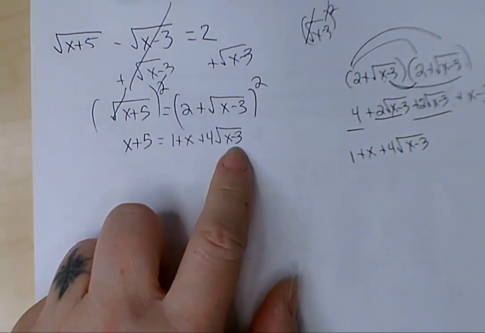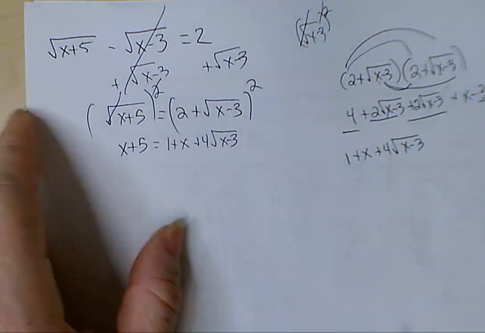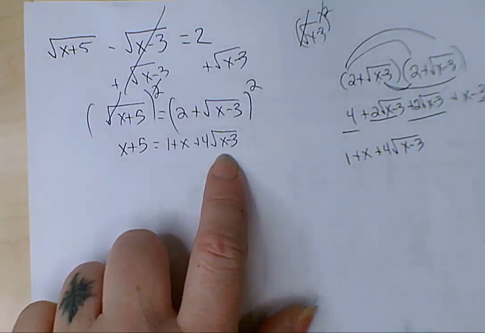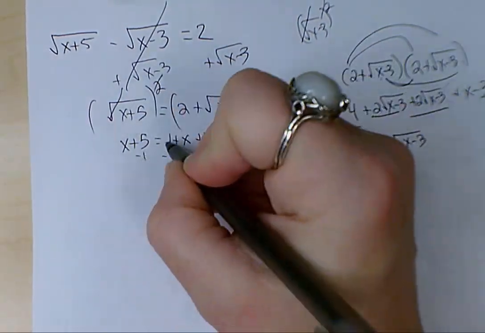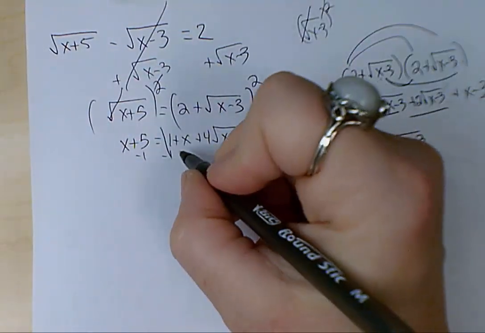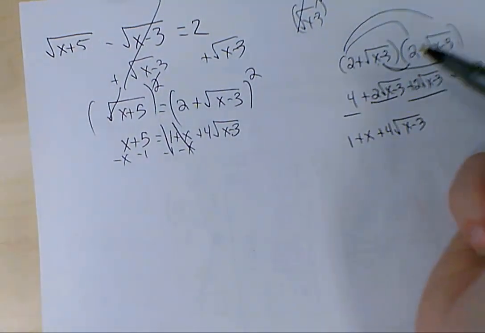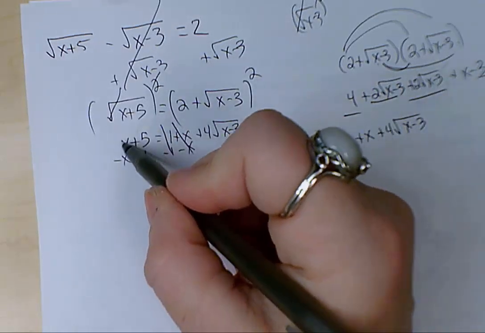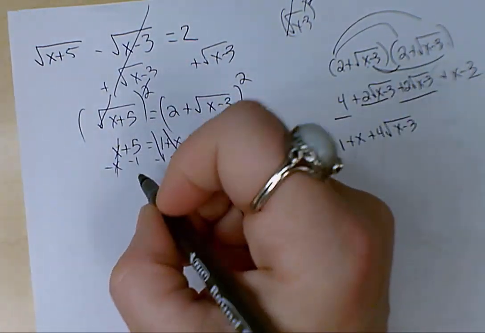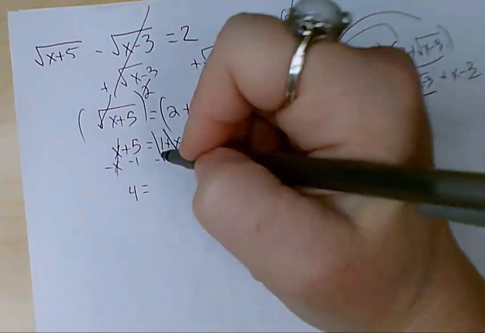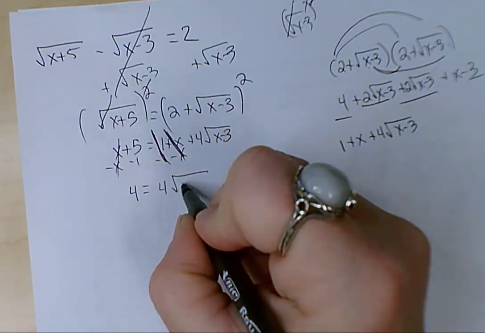Now, because we still have a radical left in the problem, we need to repeat this process here. Isolate the radical and square each side. So I do need to get this radical by itself. I'm going to subtract that 1 to the left-hand side. I'm also going to subtract the x to the left-hand side. Now that means on the left-hand side, x minus x is going to disappear, leaving me with 5 minus 1, which is a 4. I moved these over, so all we have is a 4 square root